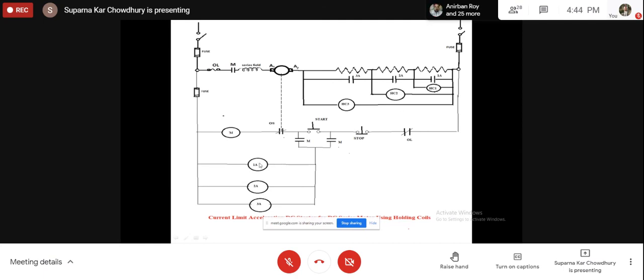Otherwise, you can see that these relays are already excited. Once we close the start button, and when this 1A is excited, this resistance will be